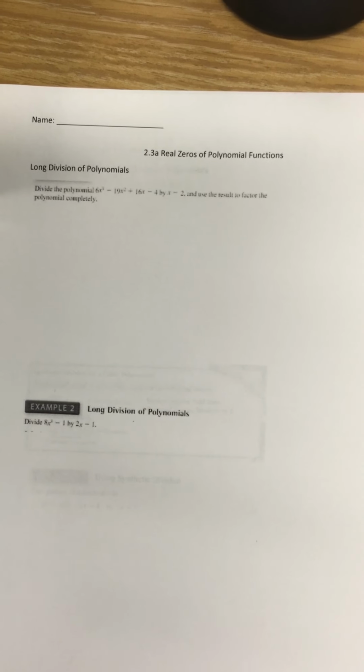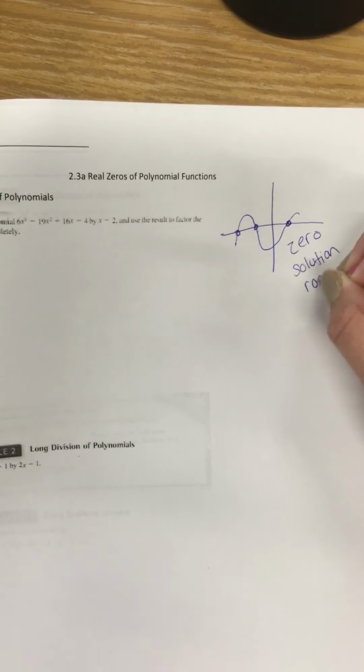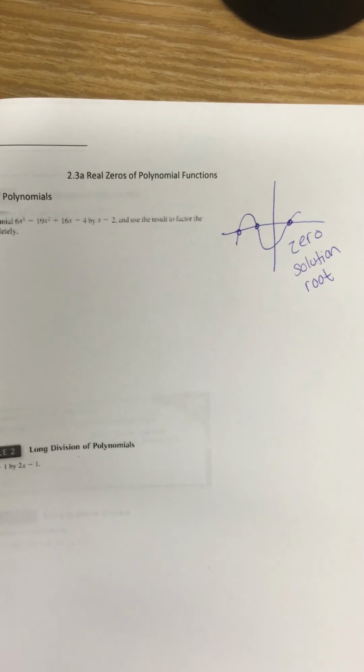Welcome to 2.3a, real zeros of polynomial functions. Today we're going to be looking at zeros of a polynomial function. So just a reminder, a zero is where your graph is crossing the x-axis. Another word for that is zero, solution, root. There's a lot of words that can be used to describe those points, and that's what we're going to